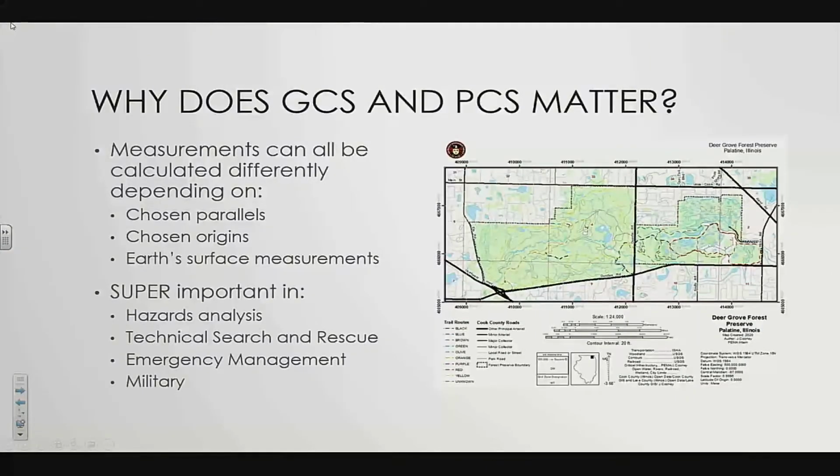Hence over here, with this map, if you're looking for someone in this forested area, in this wetland area, a meter off can be life or death. So that's why it's super important to understand what projection you're using and to make sure that it's as accurate as possible. So in our research down in Mexico, for hazards specifically,